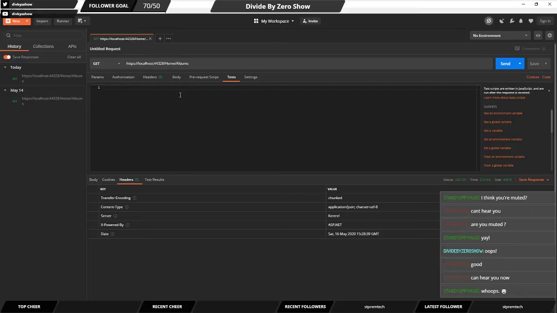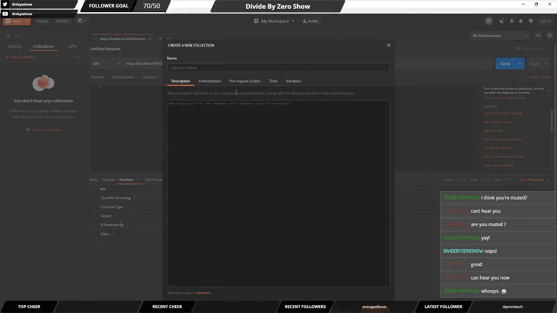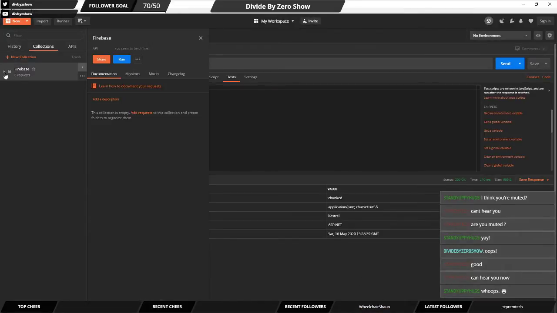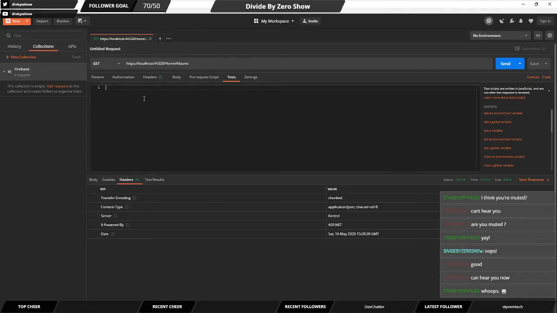So that was pretty interesting. You can also set up collections. So if you had an API endpoint you were going to test, again, something like Firebase, you could set up, let's say Firebase here, and you can add requests into that if you make those frequently. So that's a nice